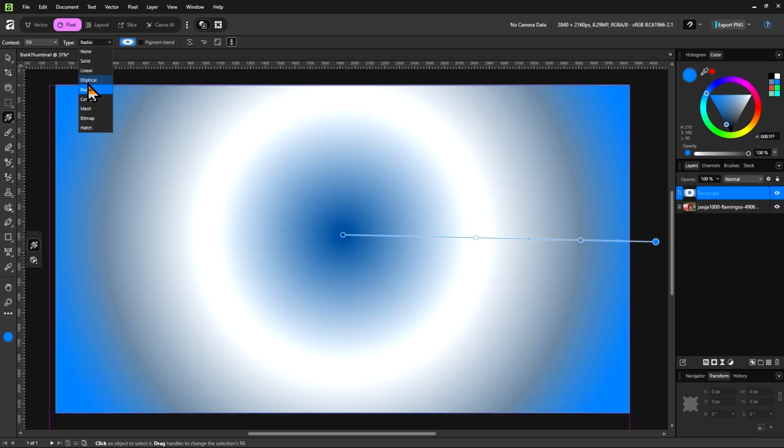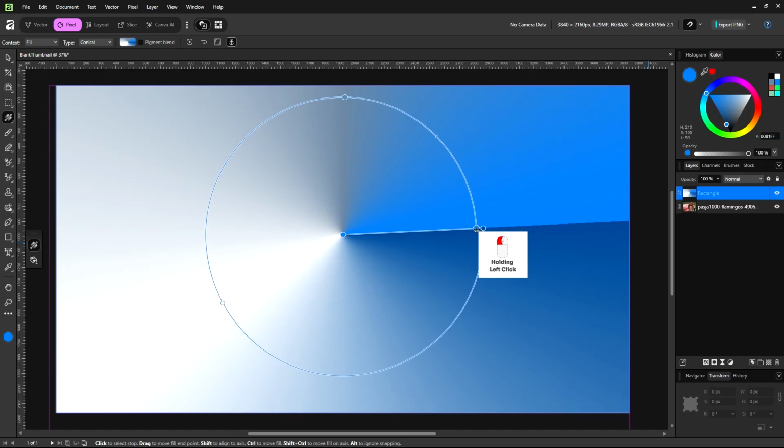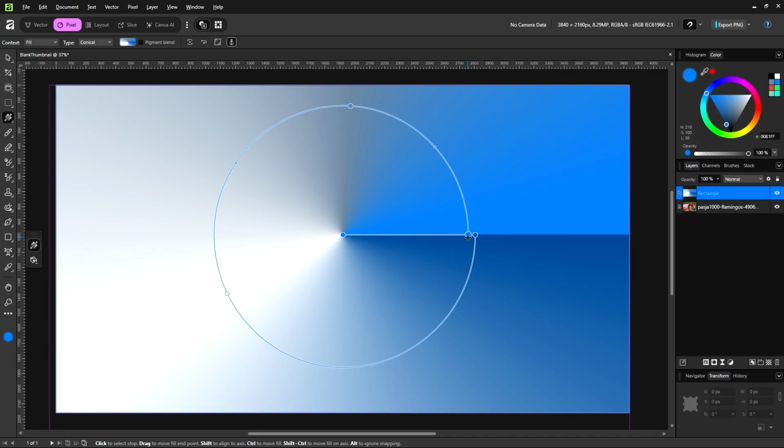And then we go into conical. Now, if you ever look at the back of a CD, like a CD from a PlayStation 2 game, then you will probably see this gradient. And just like with the radial gradients, you can change the shape. Oh no, change the size. So this is the gradient type you will use to make the back of a CD if you want to, like the glare effect in the back of a CD.